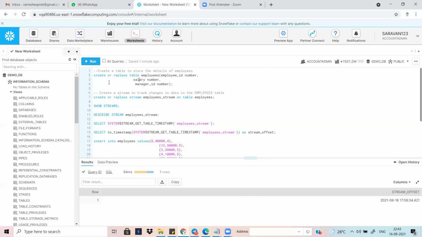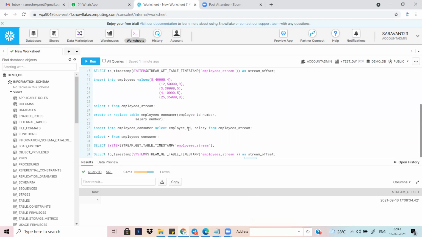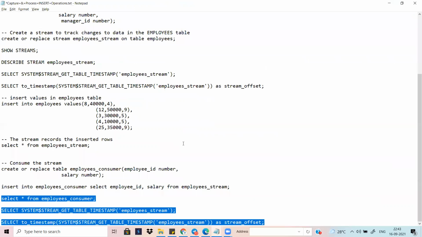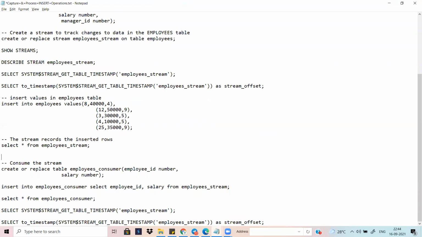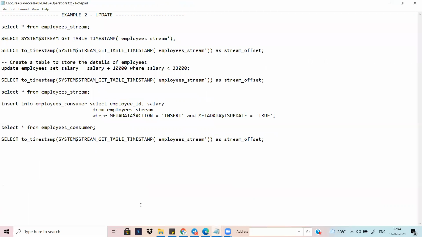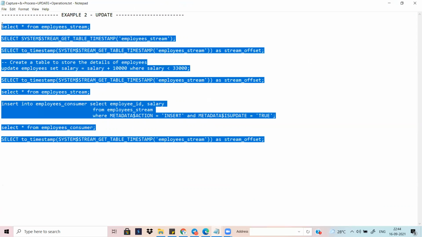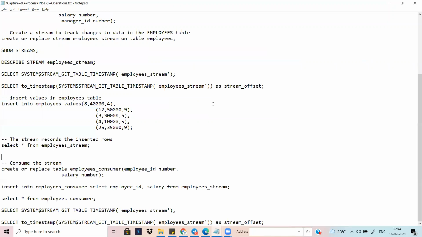So the employee table, when you're pushing the data, the stream will be monitoring, and the stream will be pushing the data into the target table. So this is automatically happening through the scheduler. Okay, the next thing is the same thing for the update operation. Okay, for insert, we can see that regularly new records are loading. This is the update operation.